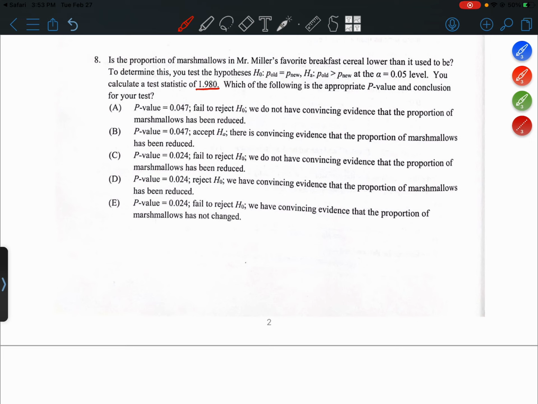Okay, so we already have the test statistic, which, remember, is a z-score. So to get the p-value, we're going to draw a standardized normal distribution, mean 0, SD 1. Use the test statistic as our boundary value, so 1.980, we'll just say 1.98 right there. And then shade the tail that matches the direction of the alternative hypothesis, right? So the alternative hypothesis has a greater than sign, so we're going to use the right tail here for the